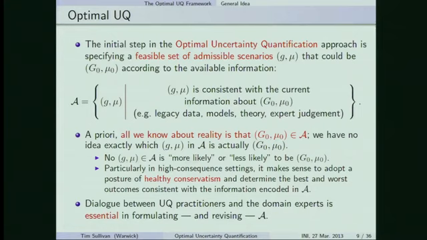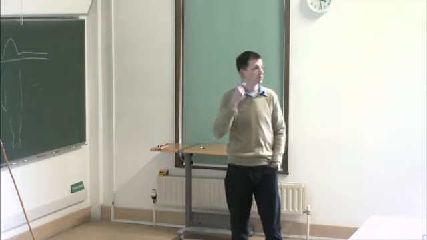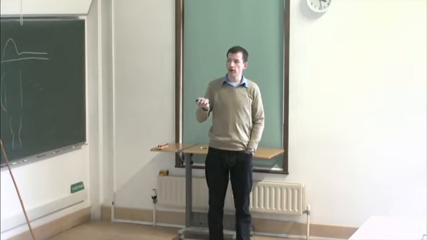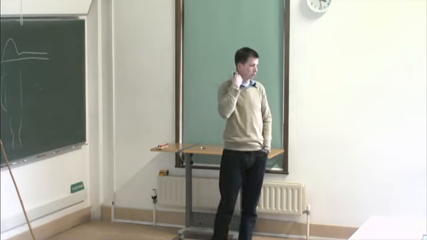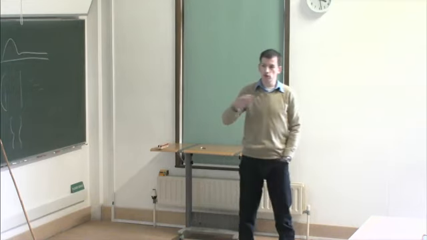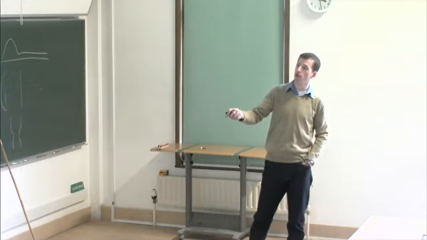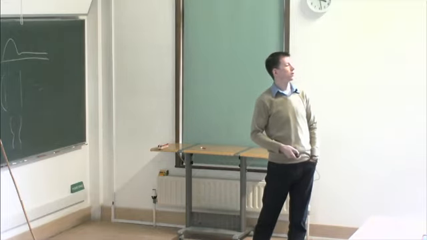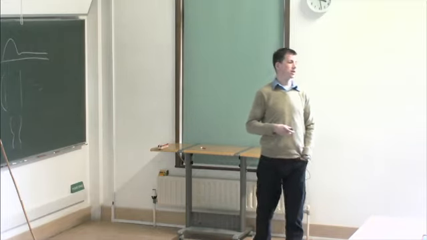And actually formulating this set is a step that mathematicians themselves cannot do. So this is where the domain experts in whatever application you're looking at come in. As a mathematician, you really have to have a dialogue with them to formulate this set A, because a mathematician cannot tell you that one of the assumptions you are making is wrong. Okay, that's the domain expert's input.